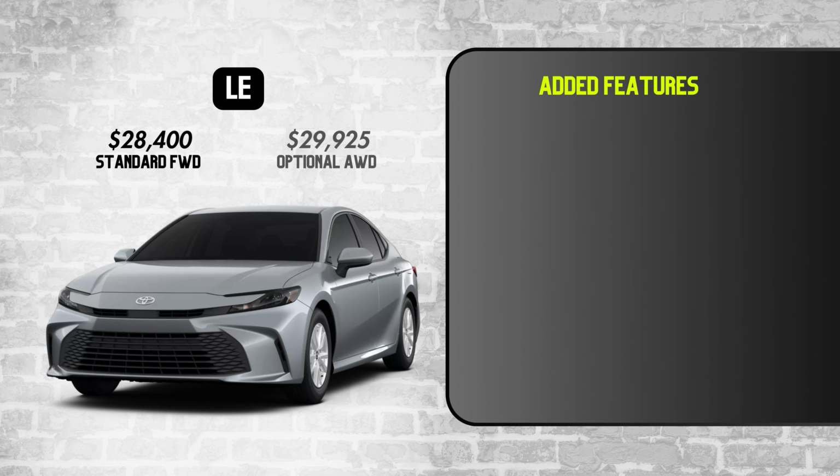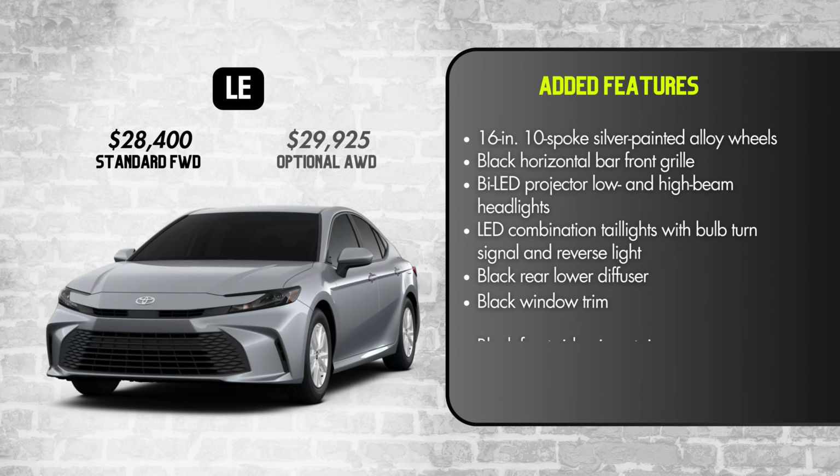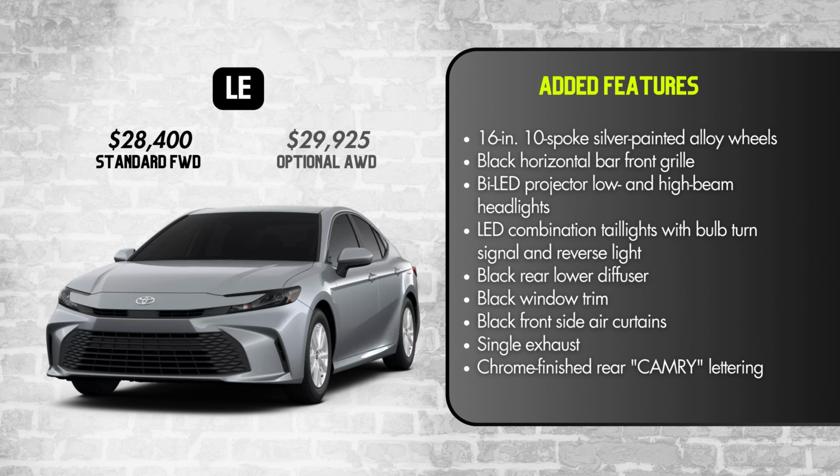Exterior styling cues for the LE will include 16-inch 10-spoke silver-painted alloy wheels, a black horizontal bar front grille, bi-LED projector low and high beam headlights, LED combination tail lights, which will have a bulb turn signal and reverse light, a black rear lower diffuser, black window trim, black front side air curtains, a single exhaust outlet, and chrome finished